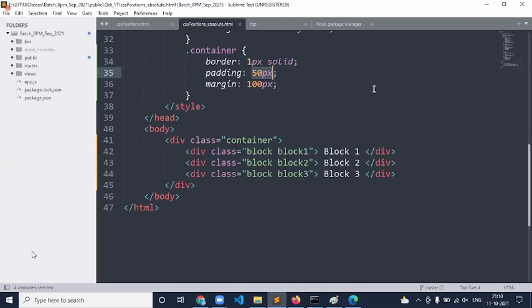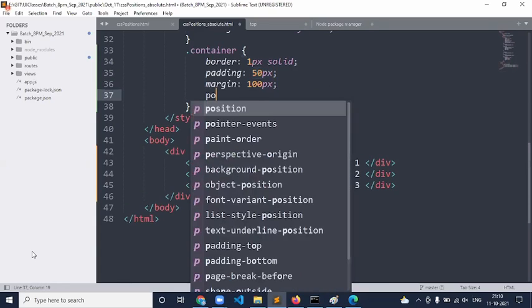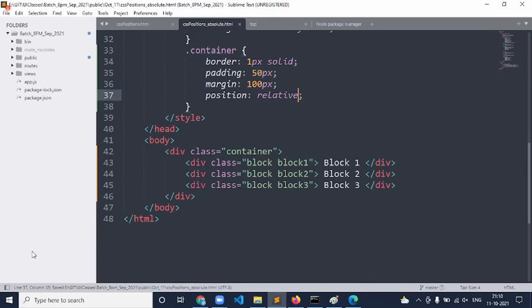Okay, let us make this guy, for example, position as relative. Now you tell me, is my container static or non-static? Non-static. When I say non-static, it could be relative. It is not like it has to be absolute. It could be relative, absolute, fixed, sticky, whatever the value is, but it should be non-static.